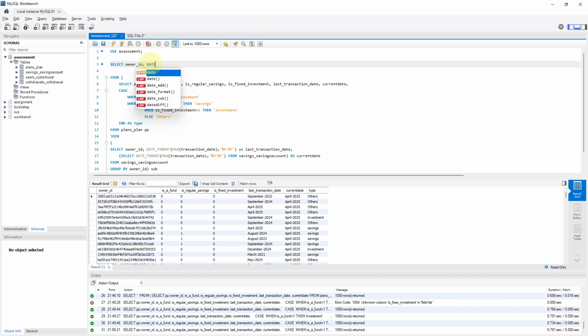Yeah, date difference between current date. Okay, since I'm going to do it by number of days, I think I'm going to remove, I'll take it back to